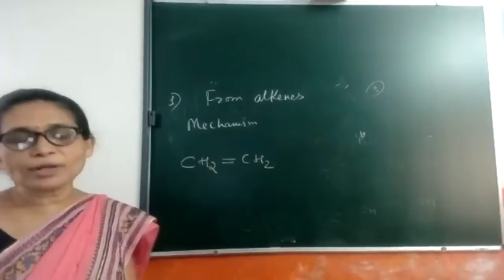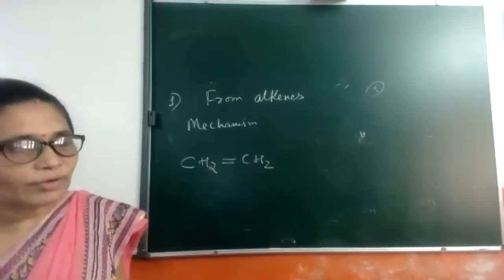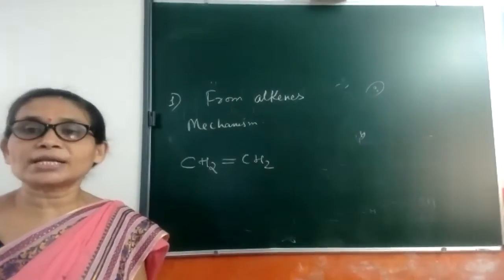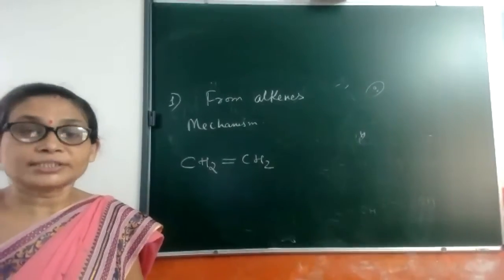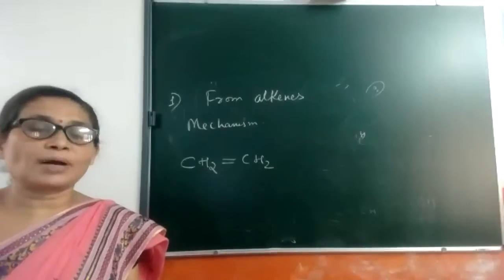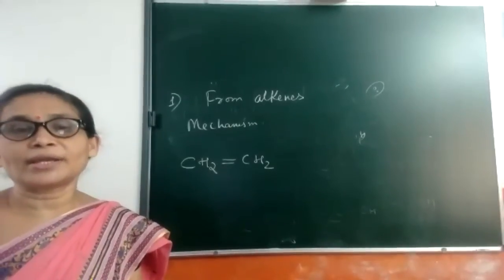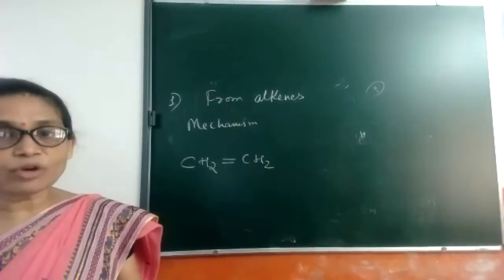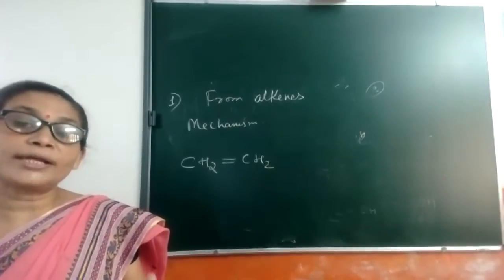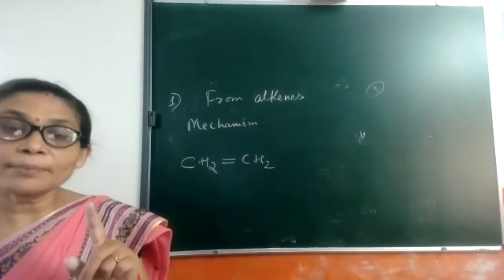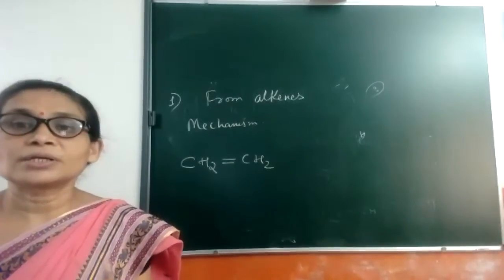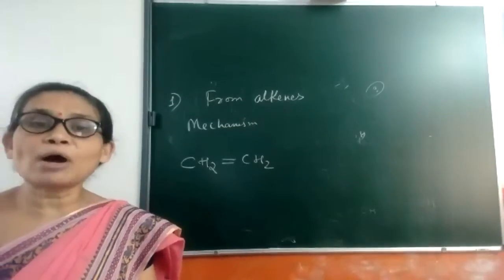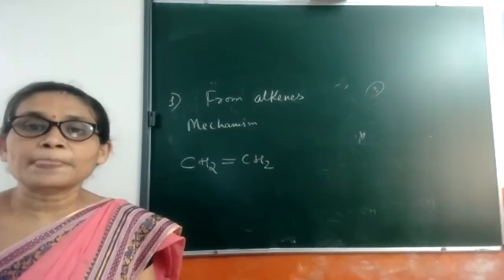So here one pi bond is present. Now what will happen? You will get the electromeric effect that we studied last year. All those things will come back again and again: electromeric, inductive, resonance. First of all, the electromeric effect is a temporary effect you have studied. When any attacking reagent attacks, only then the compound shows the electromeric effect.